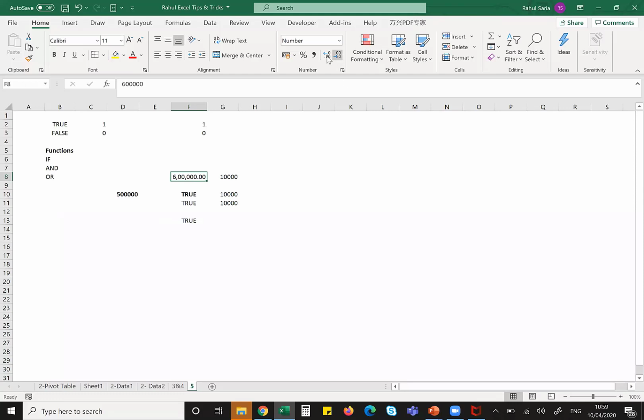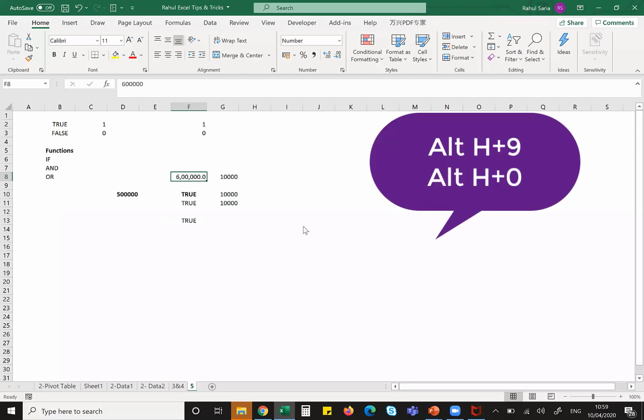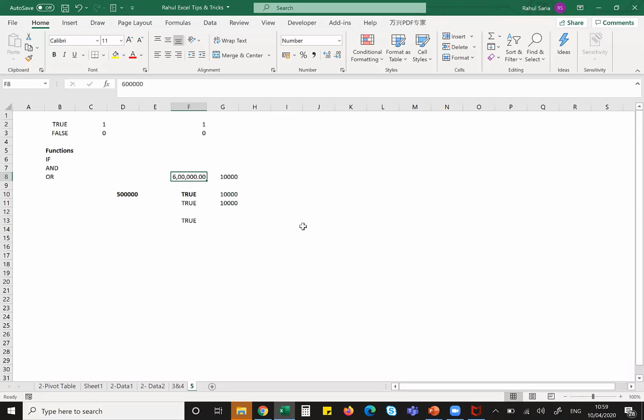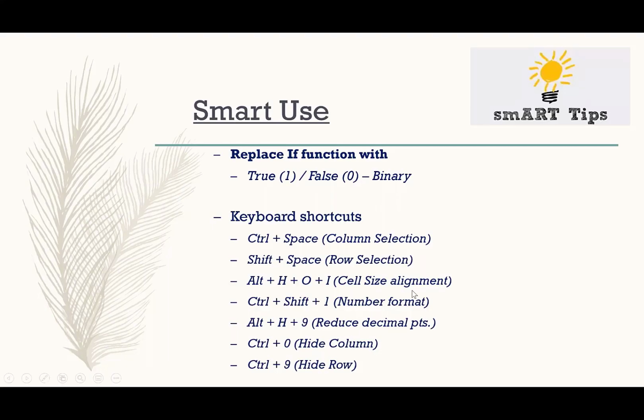One, I can increase and decrease using my mouse, but as I told you, if you want to be a pro in Excel, you have to use the keyboard as much as possible. The shortcut for that is Alt H N. Alt H N, but that removes one by one. If you want to bring it back, Alt H O. So that is very useful, especially for finance people who deal with numbers all the time. You want that comma format and remove those, so Alt H O. So I covered cell number format.